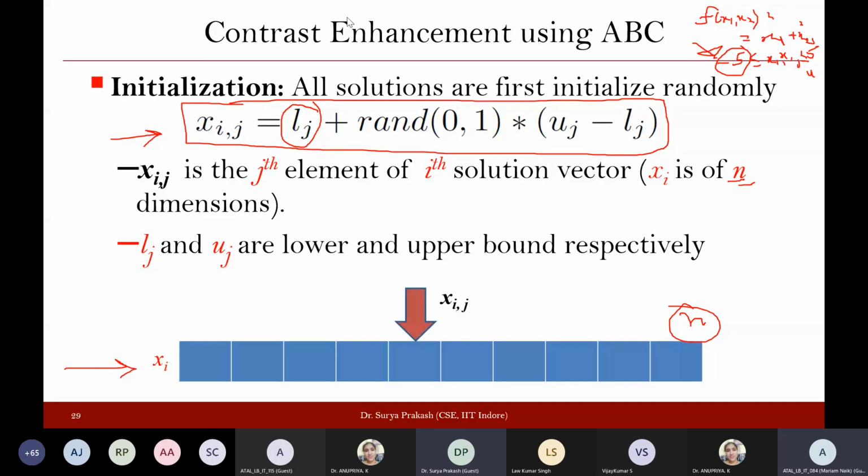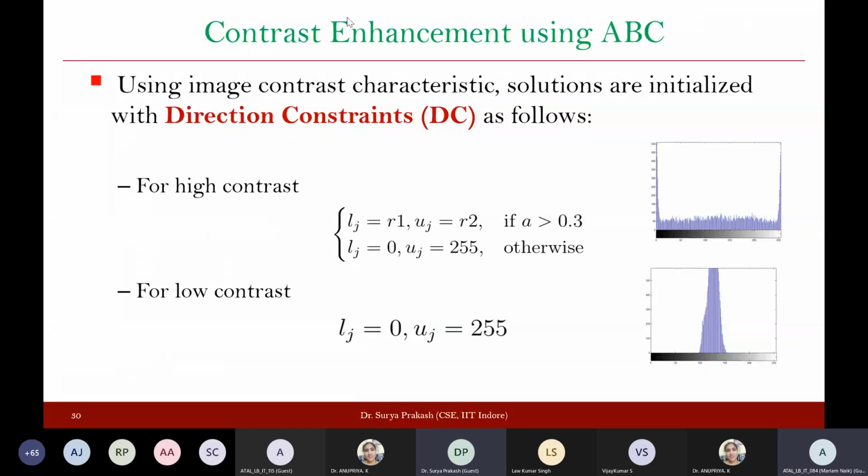Now we'll see that with the help of those direction constraints that I was talking about in the previous slide, we can actually improve this initialization. So let us say you have an image with very high contrast. That means accumulation is on the extreme ends. You have some pixels accumulated here and some accumulated here. And remember that for a good contrast image, this needs to be uniformly distributed. So the pixels accumulated at the ends need to be brought to this range. Whatever intensity your pixels have, they need to be